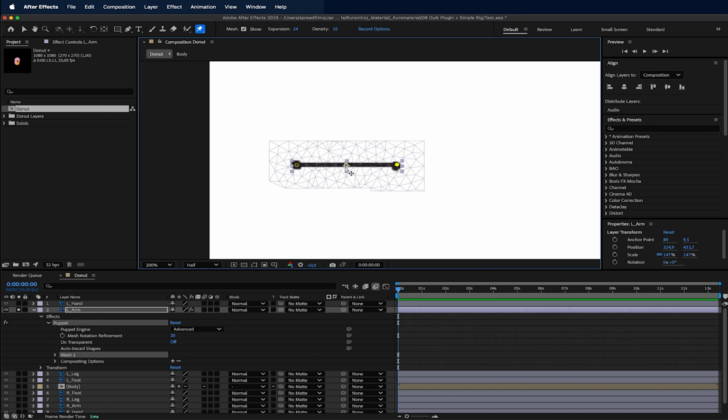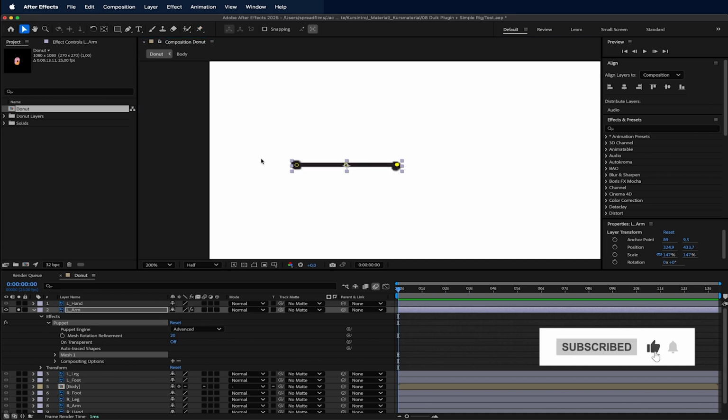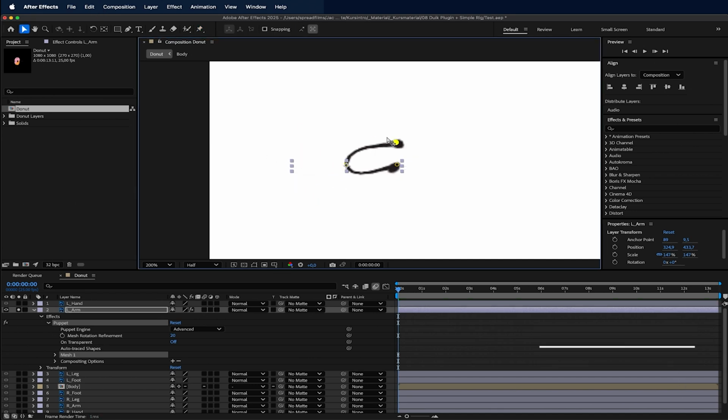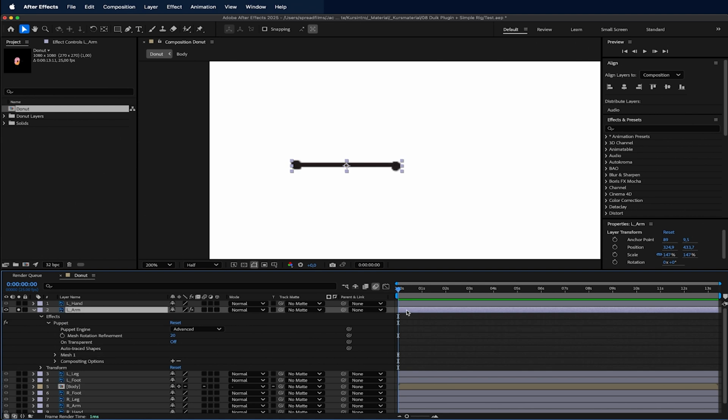Like one for the shoulder, one for the hand itself, and one for the armpit. And for example, now if I take this one, you can see already a bending happening. And we will now enhance this rig basically with Duik. So what I do is now, while I selected all my pins here, you can press U on the keyboard